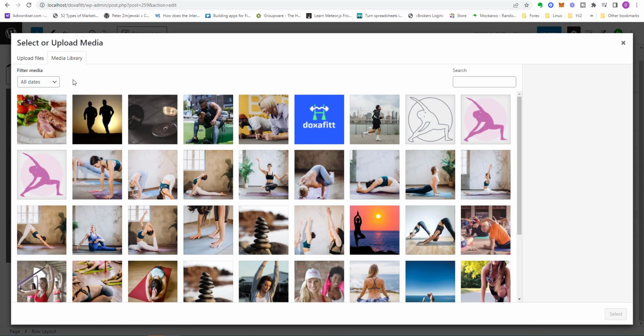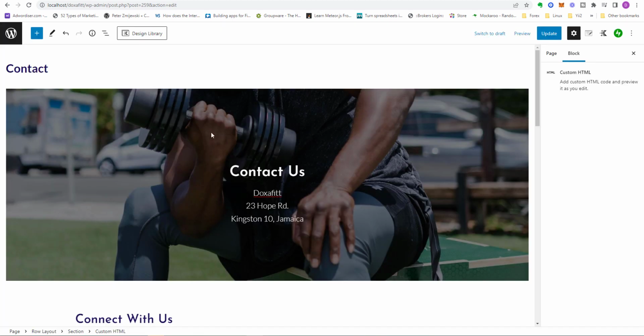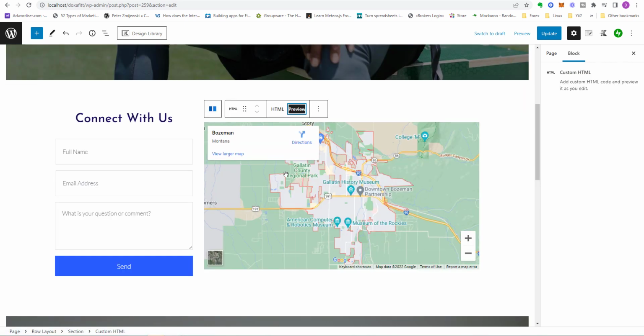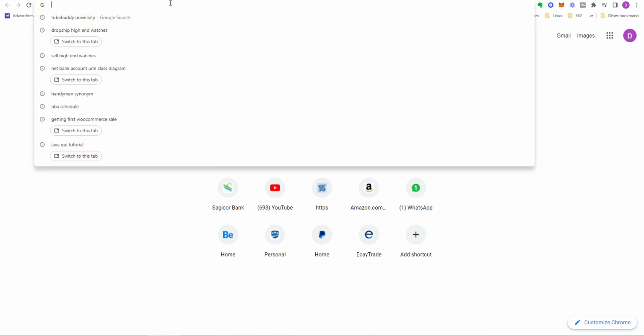I'll also want to change the background image. So we'll just click on the background image option and we're going to find a suitable image for this contact page. So this is the photo that I've selected. And we'll need to update the map that currently shows up so that it can reflect our actual location. So this is an iframe, and we can go to the